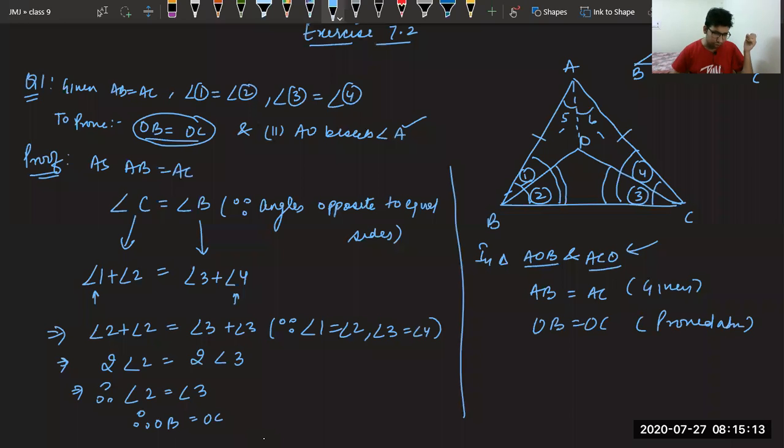And the third thing, all of you, what is the third thing? AO equal to AO. Very good. Utkarsh is also correct. If you say angle 1 equal to angle 4, you are correct by SAS. If you say AO equal to AO, still you are correct, because they both are common. So for the third point, there are two values. Either you can take AO equal to AO, or you can take this angle 1 equal to angle 4, because if completes are equal, their halves are also equal.